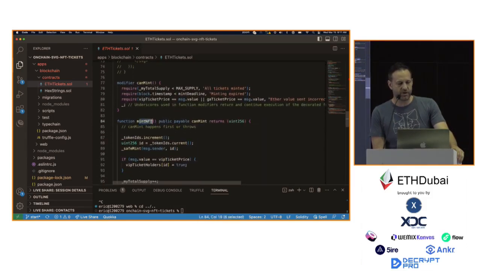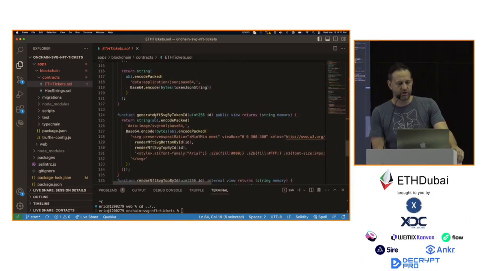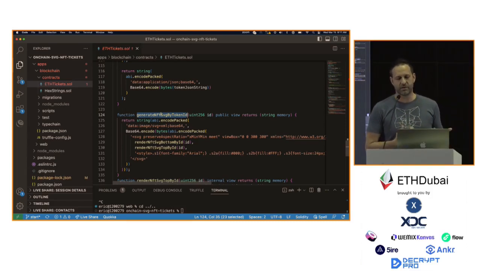So we've got our mint function, and then we have generate NFT SVG by token ID, which is a pretty long function name. But what this does is it takes the same SVG that we're saving on chain, and it allows us to call into this public function to basically pass in a wallet address, and we can get all the NFTs that that person owns back into an array and then display them on the front end